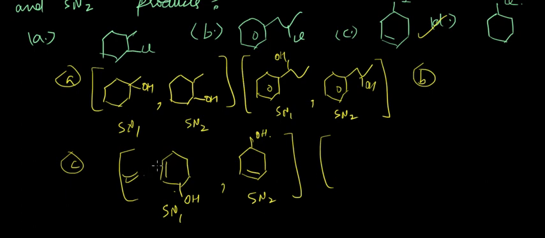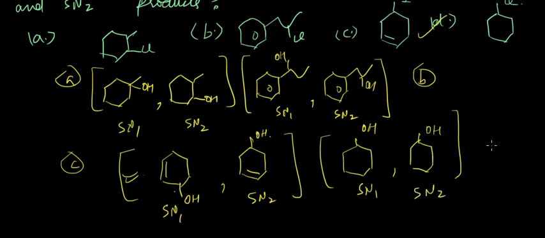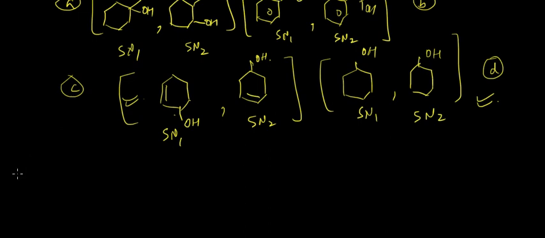And for this, there is no scope for a 1,2 CH3 shift or 1,2 H shift. So the product for SN1 and the product for SN2 would be the same in this case. This is D. So with this, let me write down a note at the end that if the carbocation formed undergoes